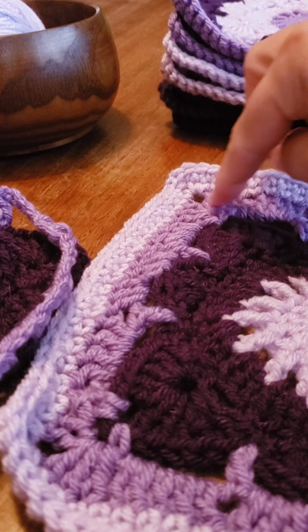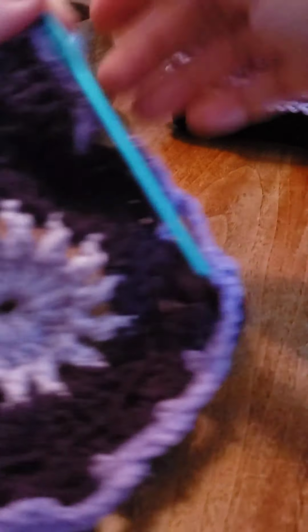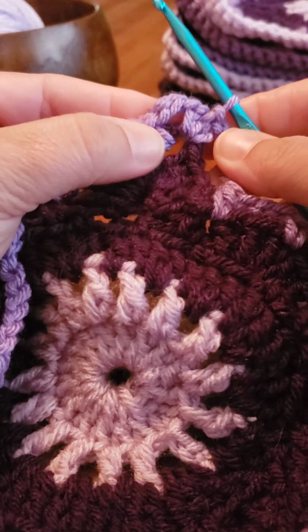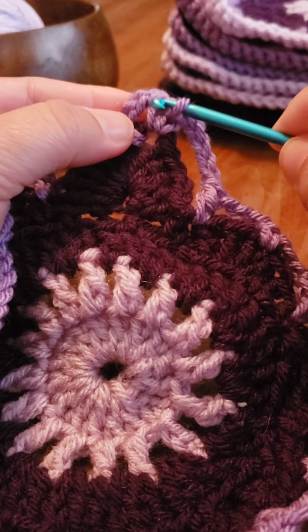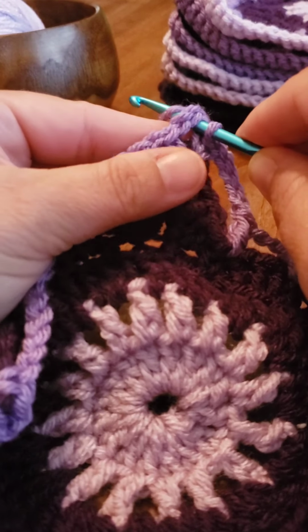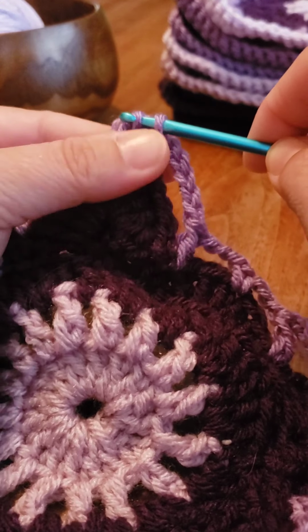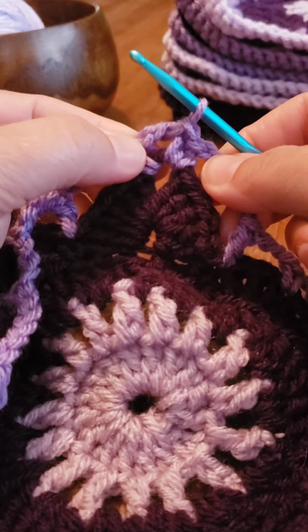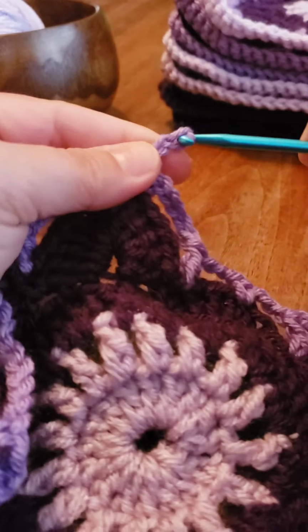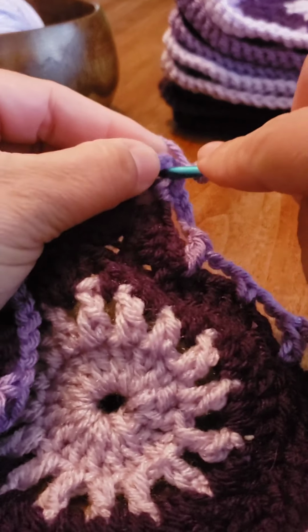So you're at your corner spot, and now on this round we're going to be working this part of the purple, which is, I don't know why, one of my favorite rounds. It's a lot, but it's one of my favorites. Because you've just joined, you're going to go into this corner space and slip stitch. It's basically inserting your hook, yarn over, drawing up a loop, and drawing through on your loop here. Then you're going to chain 3, which counts as your double crochet, and then make 2 more double crochets,